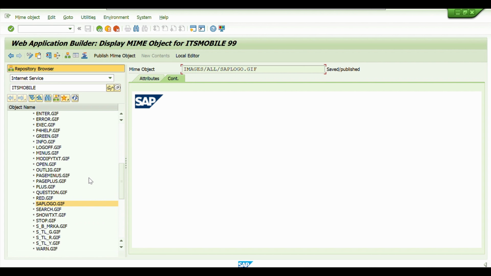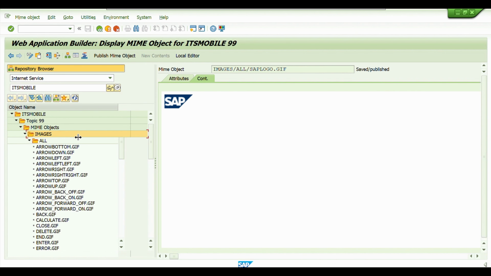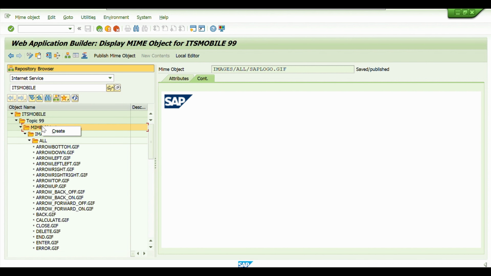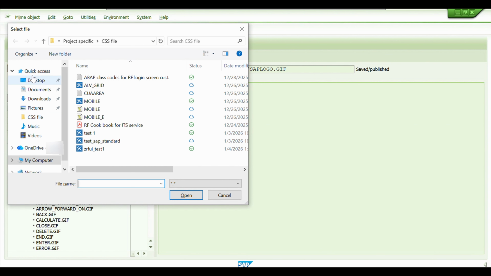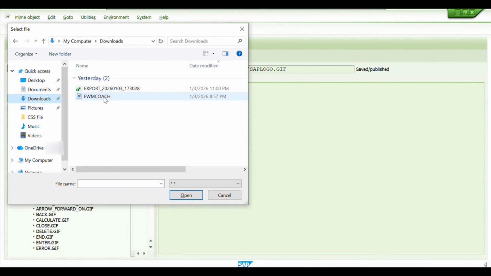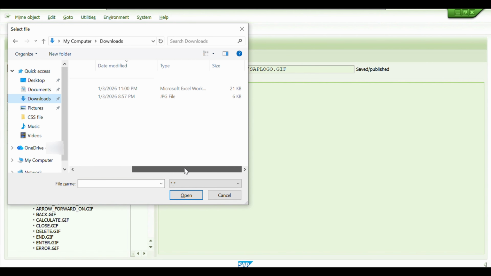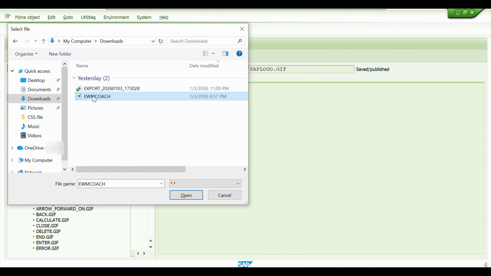And what we can do is add our branding with a .gif format, and then we can modify that code so that it will update our RF screen. To add it, we click on the create option, and here we provide the file from the download section. My file should be in .gif format. Even if it is a jpg file, it should be in .gif. And if I click on open,